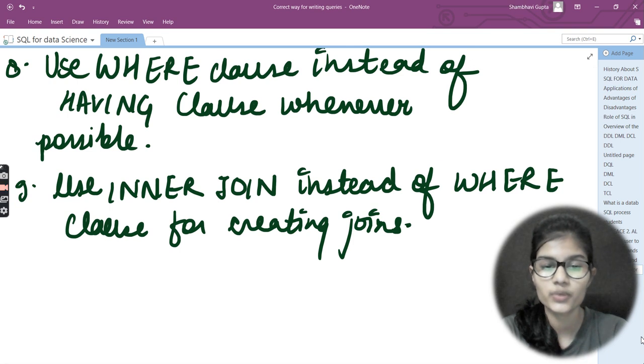Now, where clause is basically used for creating joins that actually result in Cartesian products, right? Where the number of rows is the product of the number of rows of the two tables, right? That is absolutely okay. But there is obviously a problem for large databases, as more database resources are required, right? So it is always better to prefer the inner join instead of the where clause. Now the inner join only combines the rows from both tables which satisfy the required condition.